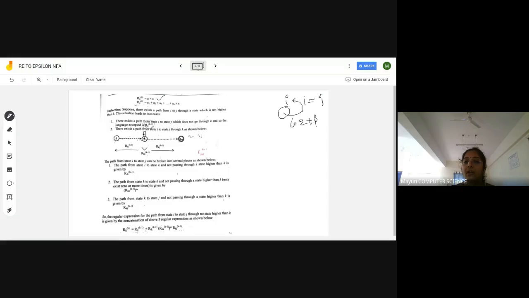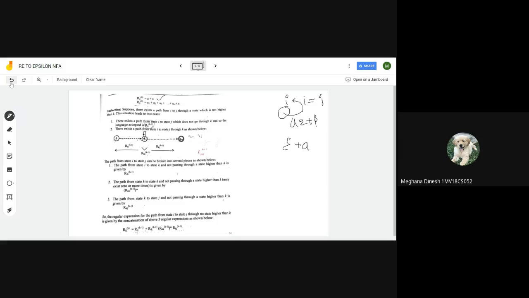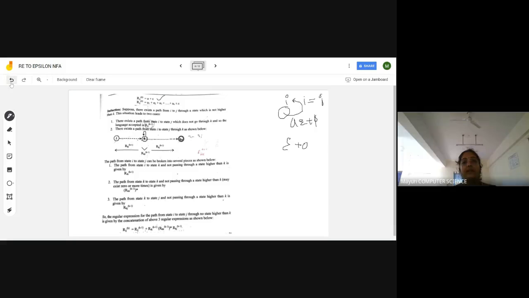Suppose the input is A, what do you have to write? You have to write epsilon plus A. Suppose you have multiple inputs, what do you have to write? Only the same. You have to include an epsilon term at the end. So epsilon plus A1 plus A2 plus A3, etc. Any doubts till now? No, ma'am. Fine.